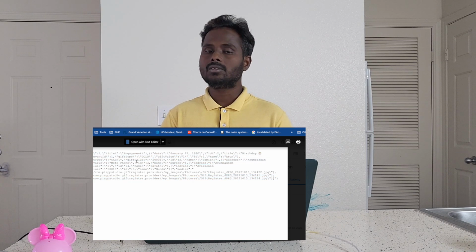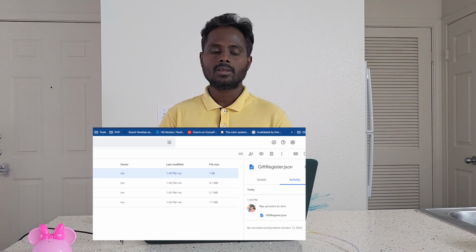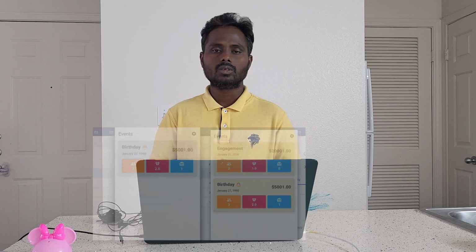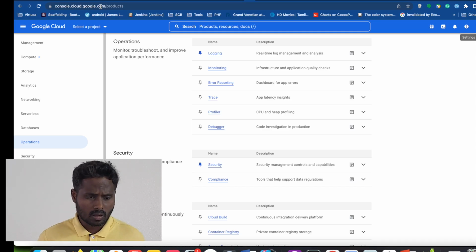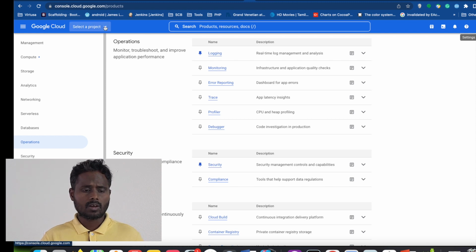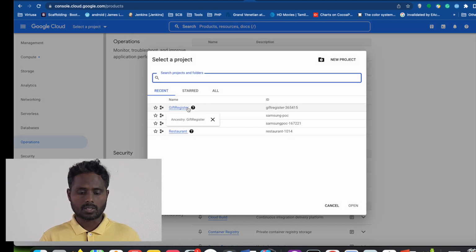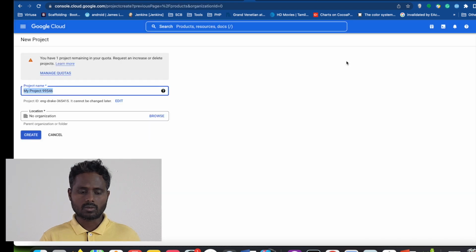So that's the reason. First we need to enable the Google Drive API. That's why we are coming into the Google Cloud. So let's see how we're going to do that. Go to console.cloud.google.com. First we have to create a new project for our application. If you want to create a new project, go to New Project and name it gift register, and then